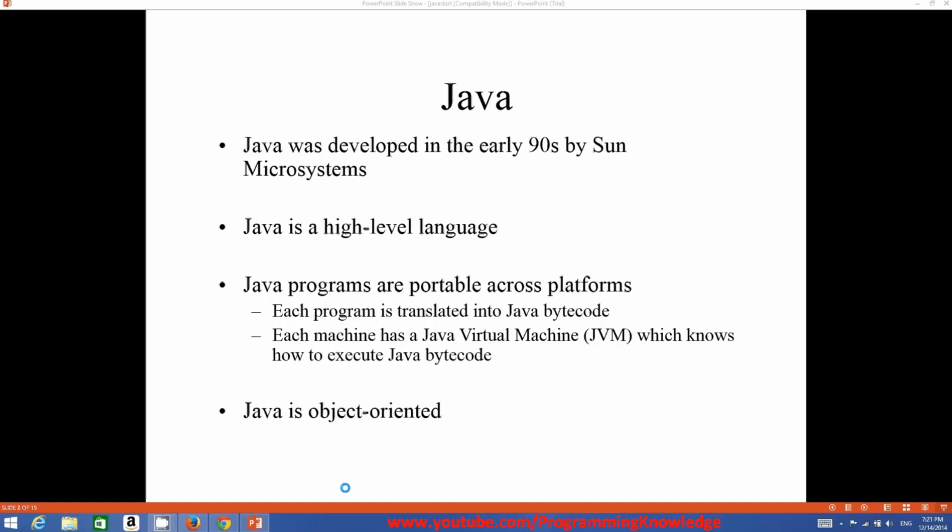So what is Java? Java is a high-level programming language which was developed by Sun Microsystem in early 90s. So as any other high-level programming language like C Sharp or C++, Java is also a high-level language, but it's a little bit different from other languages in a sense that it's a cross-platform programming language which you can develop and run on multiple operating systems like Windows, Linux, and Mac OS or any other operating system, and it runs